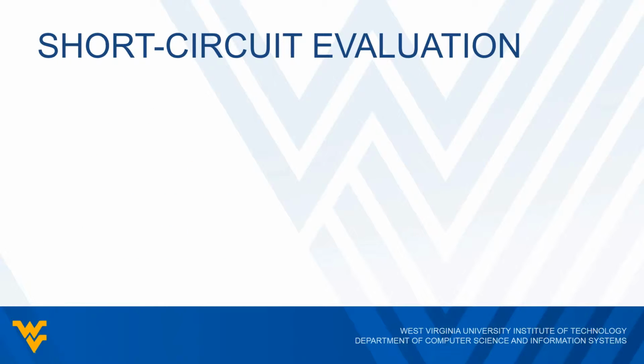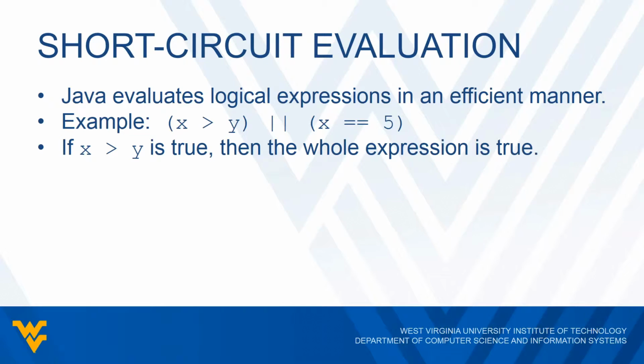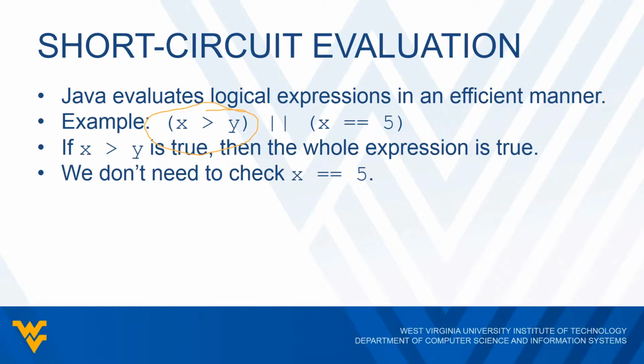Another interesting feature about dealing with these logical expressions is that Java does it in quite an efficient manner. So let's give you an example. Let's say I check to see if x is greater than y or x is equal to 5. Well, what if the first part is true? What if x is greater than y? Then that means right there we already know that the entire expression must be true, because since this part right here is true, it doesn't matter what the second part is. Whether it's true or false, the whole thing is true, which means we don't need to check if x is